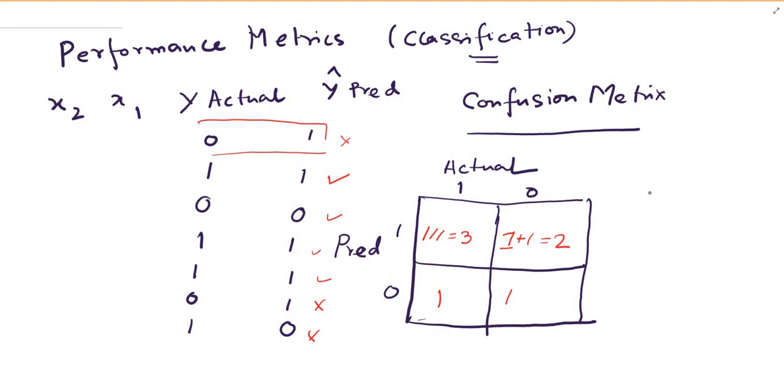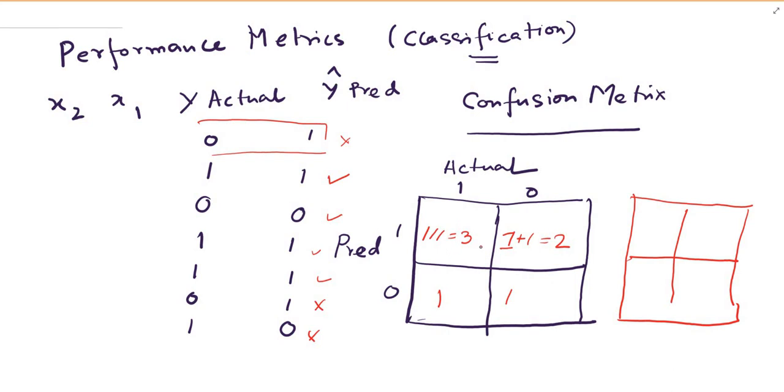Okay, now at the same time you have to remember this thing, like how to basically call this individual block. So what we are doing basically here, so this block is telling me how many are true positive. So this is called true positive. Okay, makes sense? True positive, because actual is also positive and predicted is also positive. And this is my true negative because actual is negative and truly I predicted it's negative also,